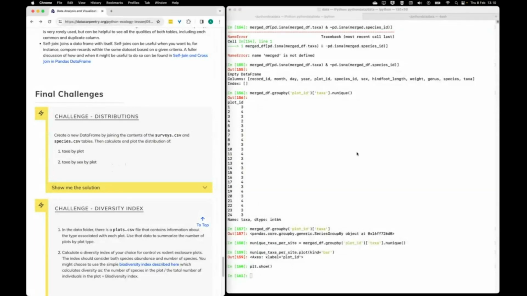Second bit, actually, there's an alternative interpretation that we can take of the first question. Rather than asking for the number of unique taxa, because that doesn't give us any insight into how common a given taxa is at a given site, right? It just tells us whether it occurs at all, no matter whether it's one sample or a gazillion samples. So the other way to interpret this question might be